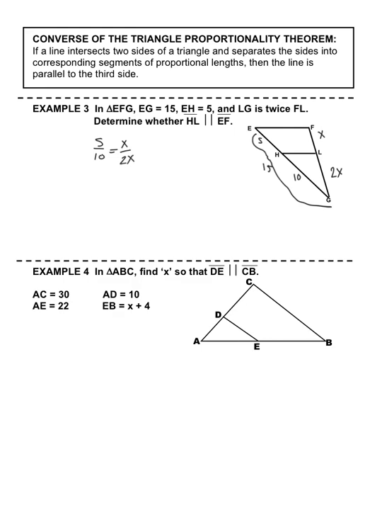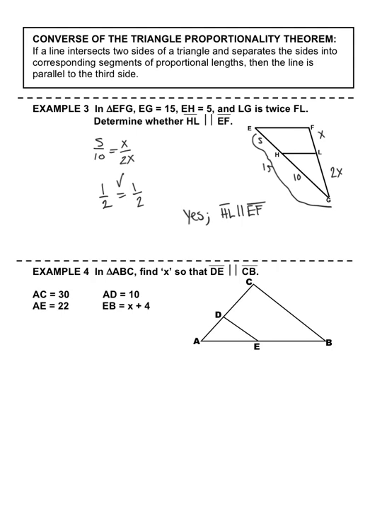Now I'm trying to determine whether or not HL is parallel to EF. In order to do that, I'm going to see, does 5 over 10 actually equal x over 2x? So I'm going to simplify both sides. On the first side, I get 1/2, and on the second side, I also get 1/2. Because they are the same, I know that, yes, they are proportional, and so therefore HL is